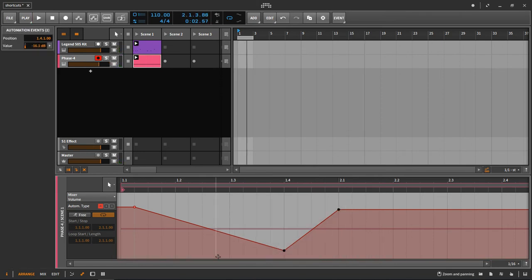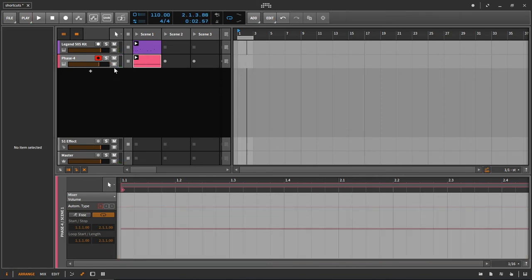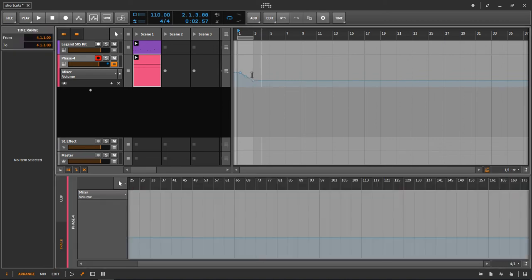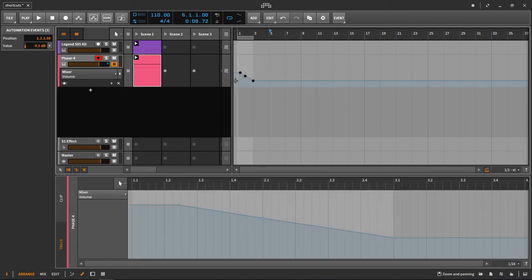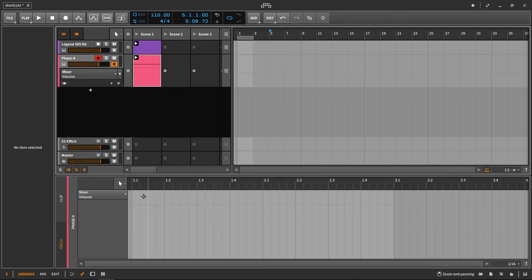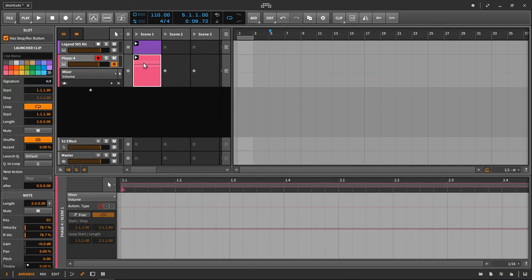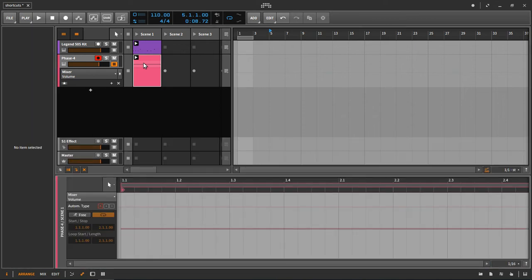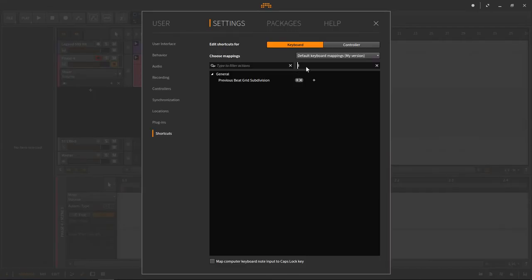It's just a really quick way to get the automation panel going versus using this one, of course, where you could simply drag it and draw it in there. Something that I really don't like to do when I want to work in a detailed manner. So I just hit A to bring it up or bring it away, and there we are. That thing is called, I think, Focus or Toggle Automation Editor Panel. This is the type of command that it's called, and I've put it on A for automation so I can